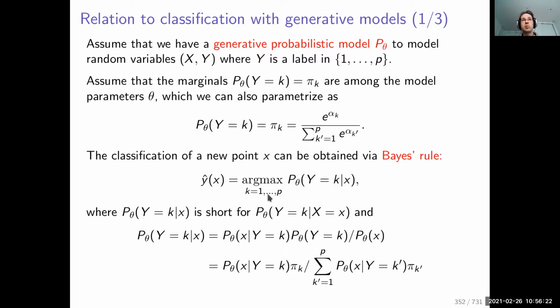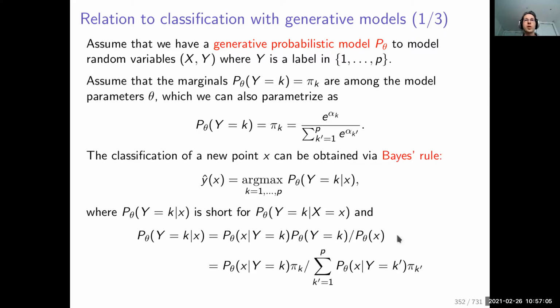You're going to look at every possible label. And to compute this quantity, we can simply apply Bayes' rule, which is here. You can also expand this marginal distribution using these quantities. And it turns out that this is going to be useful for us to relate this basic classification procedure with Fisher kernels. And we are going to see that, in fact, Fisher kernels can do things that are a bit more clever. It's not very precise what I'm saying here, but it's going to be clear in the next slide.